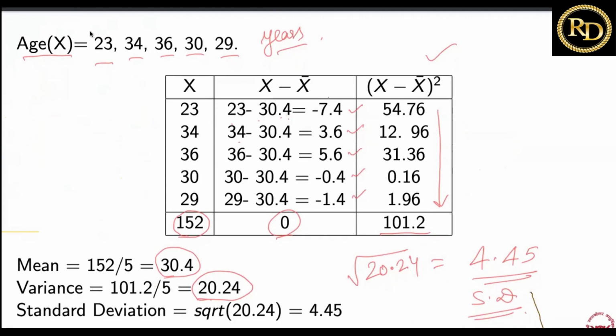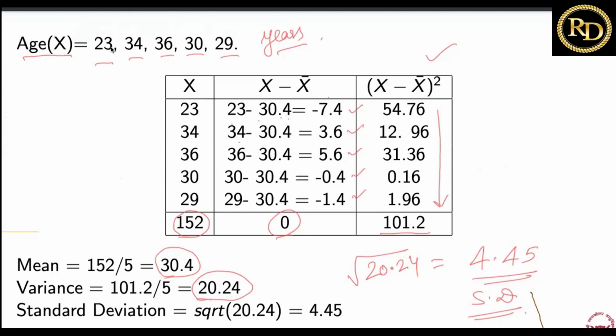So we can take this example to understand. Now, standard deviation or variance you should give when your data is not skewed or it is near to the normal distribution. So what is this? You can see that these are the ages of these 5 students or 5 colleagues: 23, 34, 36, 13, 29. So we have written these and then we have added them, which gives 152. 152 divided by 5 gives us the mean as 30.4.